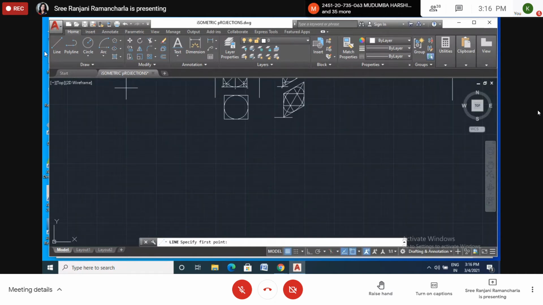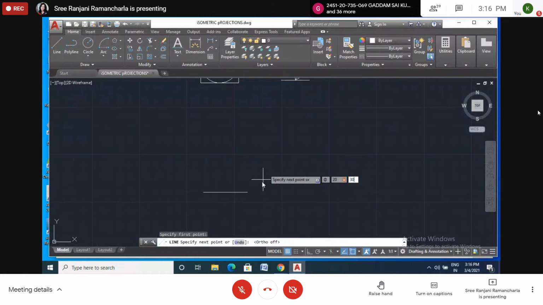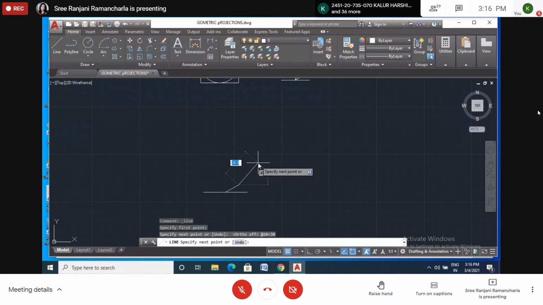Now draw a small line. Enter. Three directions, right? 20 by 40 by 60. Here I will take any point. I will take first as 20, at the rate 20 less than 30. You know what is 20 and 30, right? Enter. Now this is 20, I want to take 40, and this I want to take 60.